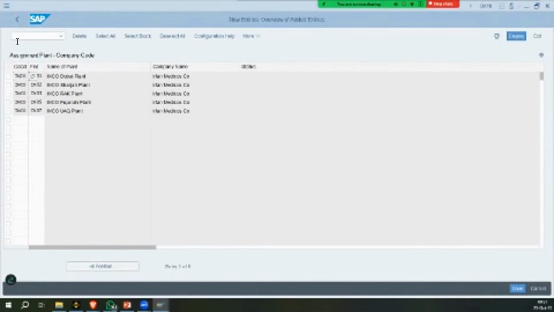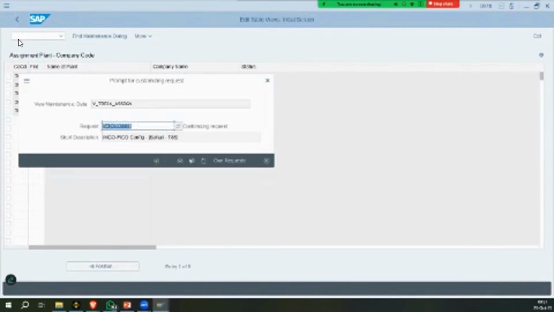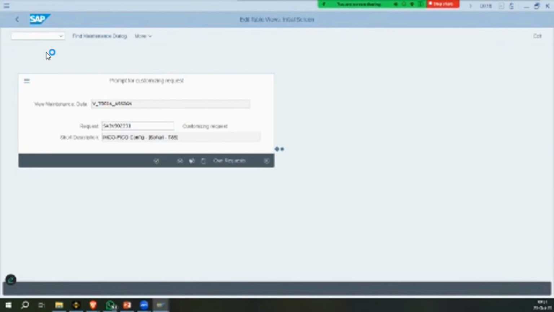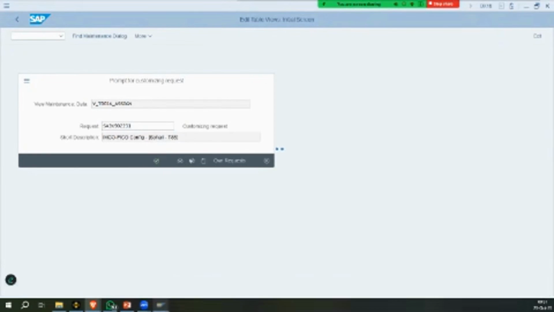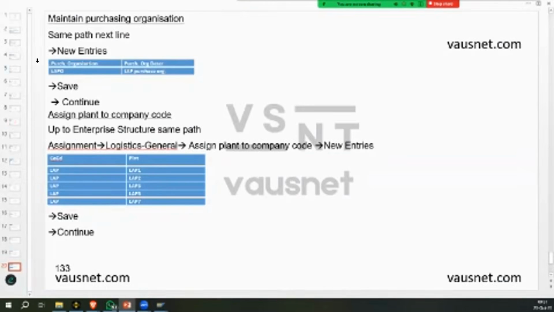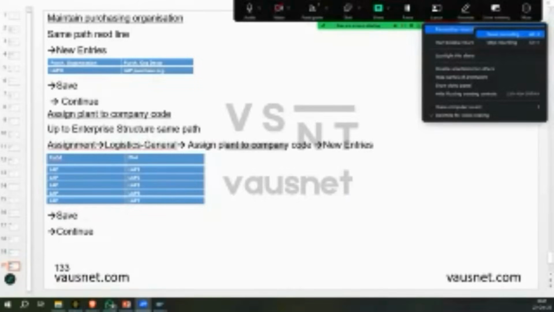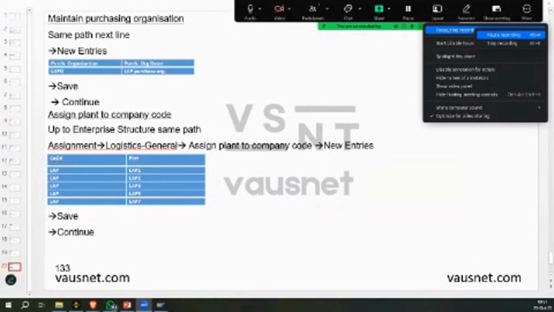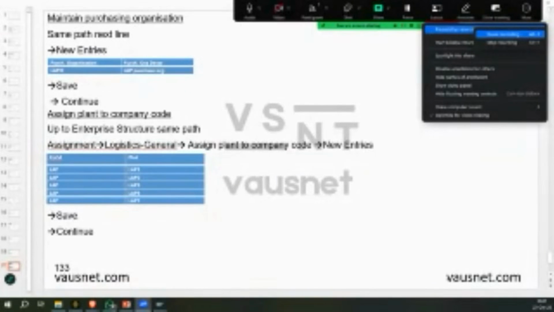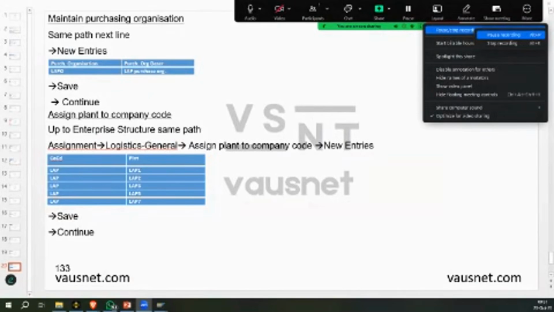IMCO. Okay, so company code basically is at a higher precedence. It will actually control multiple plants, and these multiple plants will report to the company code. Okay, so that is it for today's session, and we'll be back with more. We'll be now looking at FIO integrations and some front-end activities for material, finance, and we've already seen finance. Now we'll be looking at much more logistic details and entries, and that will of course add to the learning journey, and we're now proceeding towards forecasting in the coming